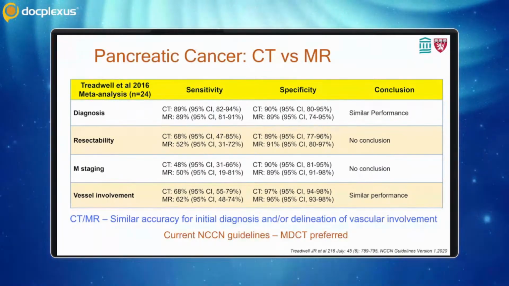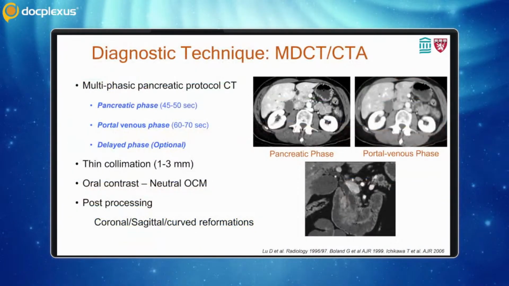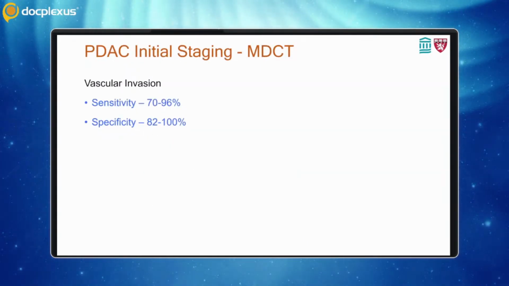Dr. Joshi already spoke about staging of pancreatic cancer and multiphasic pancreatic protocol CT. This is a typical pancreatic protocol CT, which is acquired at Mass General and most sites in the US with a pancreatic and a portal venous phase. Despite having a protocol-intense acquisition in patients with pancreatic diseases, there are certain limitations to MDCT or single energy